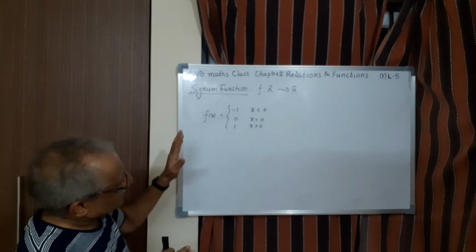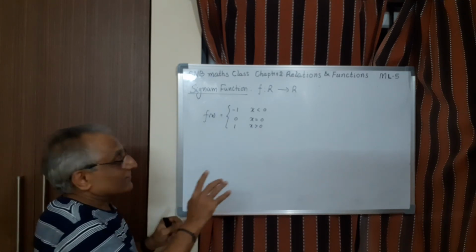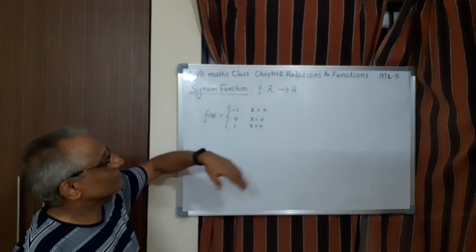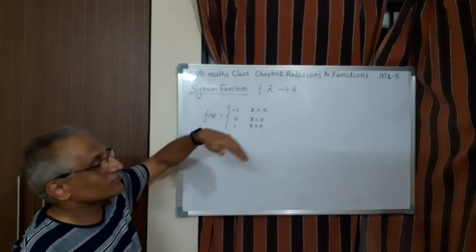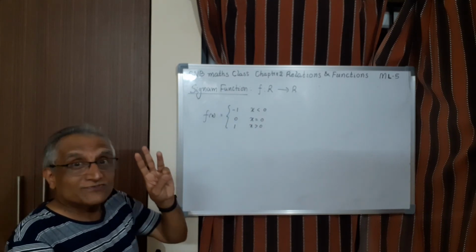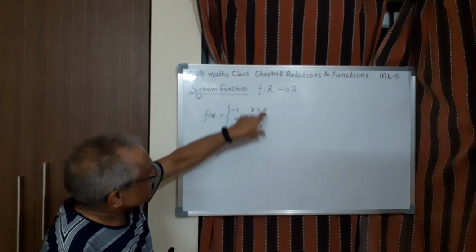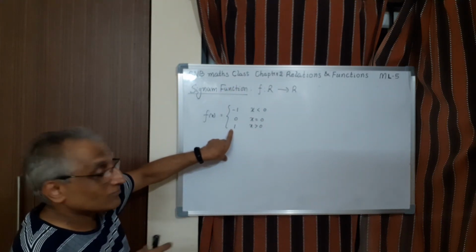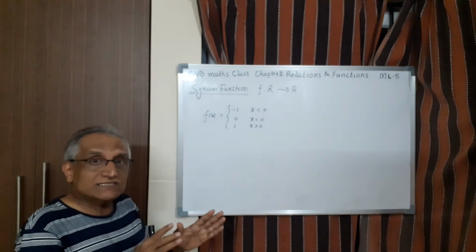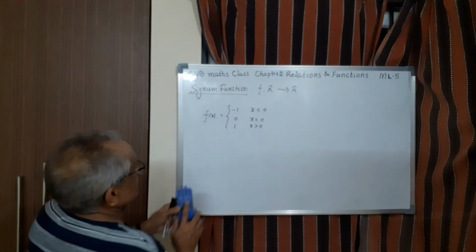So of course, let us draw the graph later. Let us first define, this is the nature. So for all negative values, for example, you take x equal to minus 2, it is minus 1 only. X equal to minus 3, minus 1 only. X equal to minus 10, minus 1 only. That means this is a constant function. See, it is a combination of 3 constant functions. One is a constant function for all x less than 0. This is also a constant function for all x more than 0, and at 0, only one value. So it is the combination of 3 constant functions. That is called the signum function. Let us first define it.